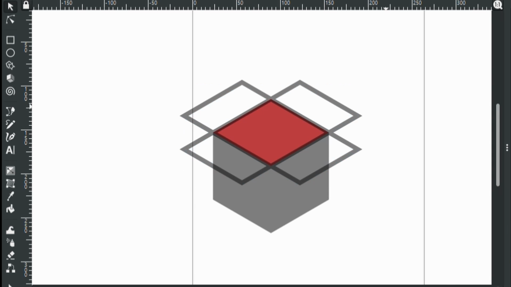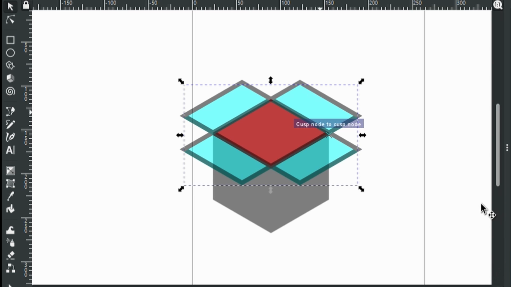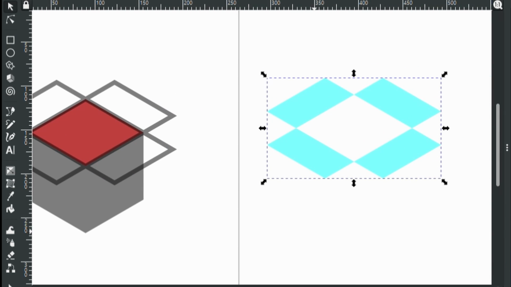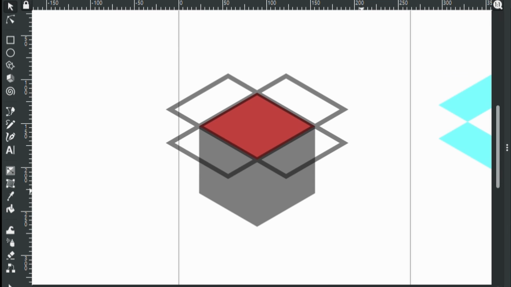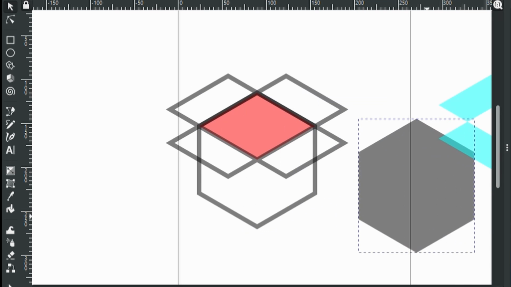And we can get rid of these now. Actually, let's just move them off to the side, just to keep them around. Then we're going to do the same thing here. So Shift, black, thickness of 5. Then we need stroke to path, ungroup, and so now you can kind of see this can come out,